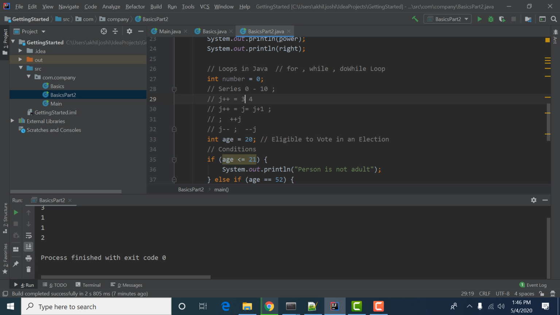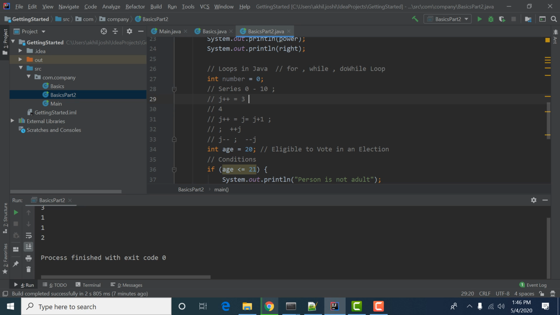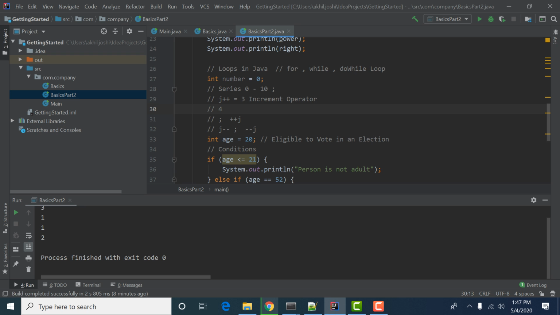So this operator is known as the increment operator. Okay. So plus plus j means it will first increment, then use this value.